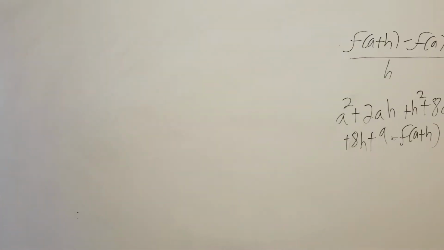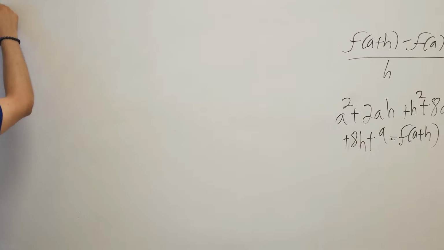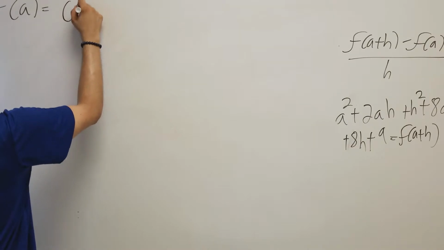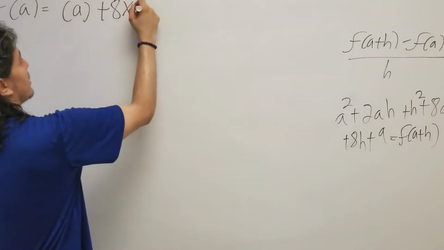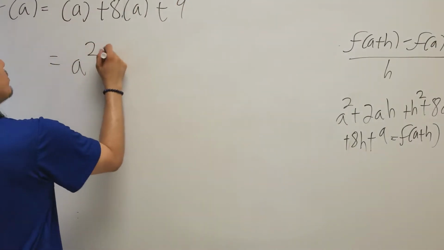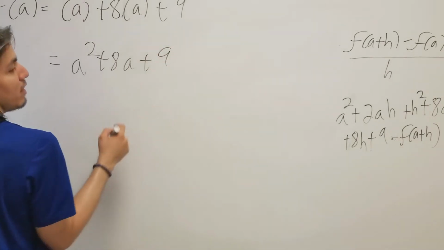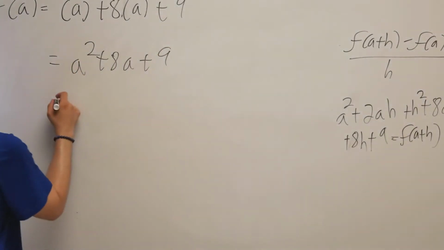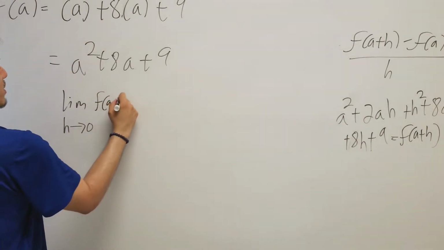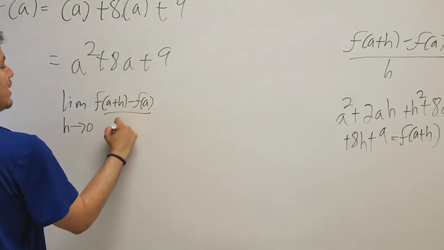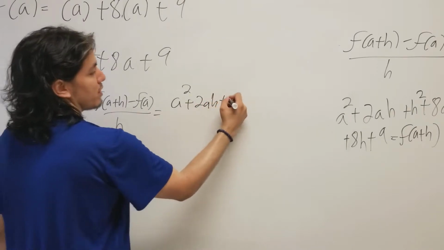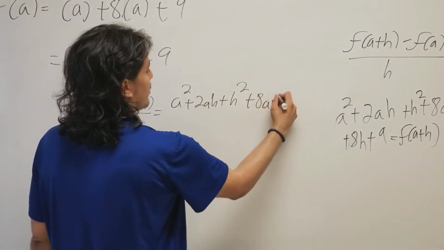Okay, so now let's find what our f of a is. So my f of a is simply my function, which is a squared plus 8a plus 9. I then get a squared plus 8a plus 9. So then, now I take the limit as h approaches 0 of f of a plus h minus f of a all over h. I get a squared plus 2ah plus h squared plus 8a plus 8h